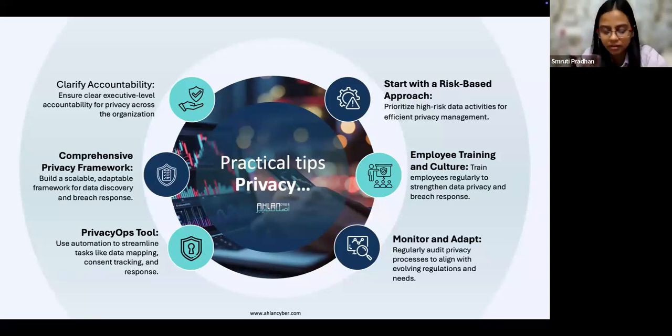I'll take a very simple example here. For a CISO, let's say you want to implement a fraud detection system and you want to go forward with an employee monitoring system, right? Because for you, a cybersecurity risk is taking priority. To detect fraud, you might go for an employee monitoring system. But this might not sit well with a DPO, because employee monitoring, again, violates the privacy rights of an individual.